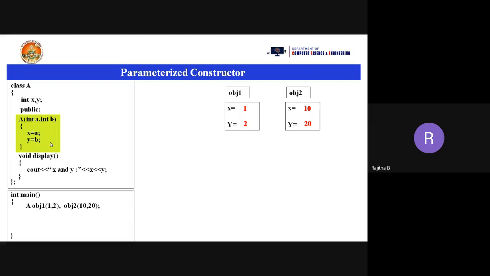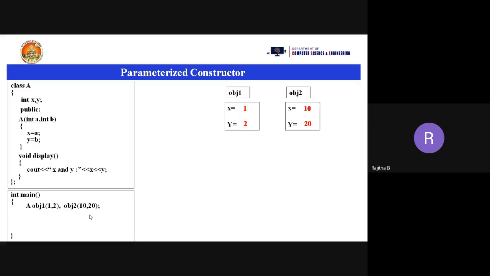Is this clear up to here, everyone? Yes, ma'am. So this happens when you are creating the object. When you are creating the object, the constructor will be called automatically, but before going to the constructor function definition, first the memory will be allocated for the data members of a class in the object. After execution of the constructor, it comes back to the main function, because I am calling the constructor obj2 of 10, 20 from the main function.